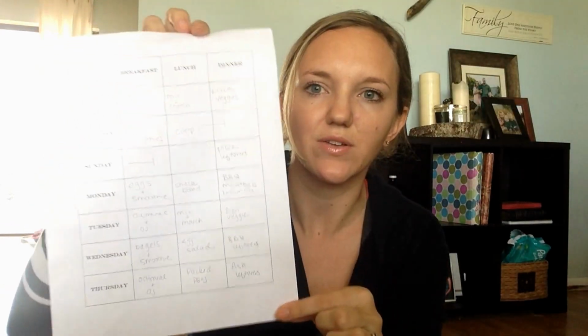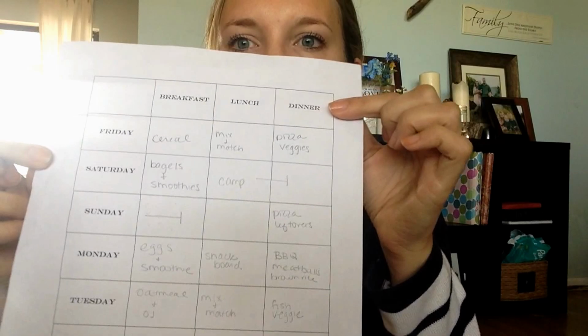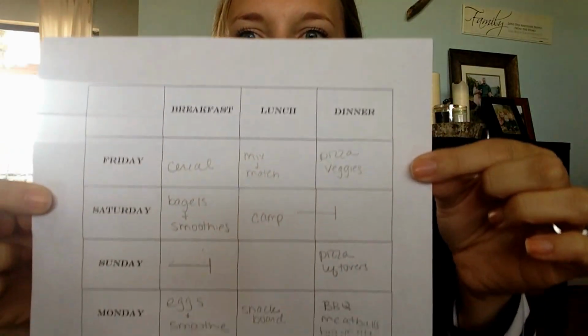So the first thing that I do is I made this really easy chart in Microsoft Word. It's just 4 columns across and 7 or 8 rows down. It's the breakfast, lunch, dinner, and the day of the week. And the very first thing that I do is I sit down and I fill in our breakfasts, lunches, and